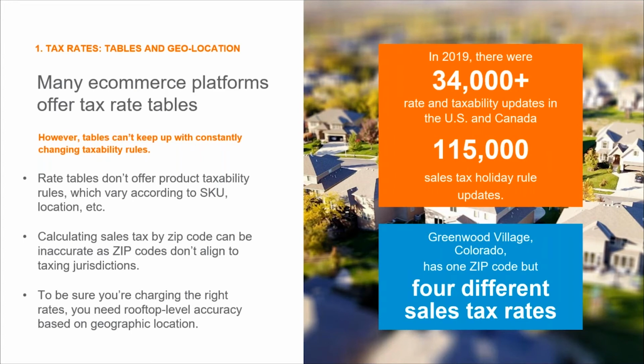And in fact, there's one location in Colorado that we use as an example where the difference in the rate between neighboring buildings is almost 5% in the tax rate. So if it were me, I'd be having all of my Amazon purchases shipped to my neighbor's house so I could get the lower rate. But I didn't say that.